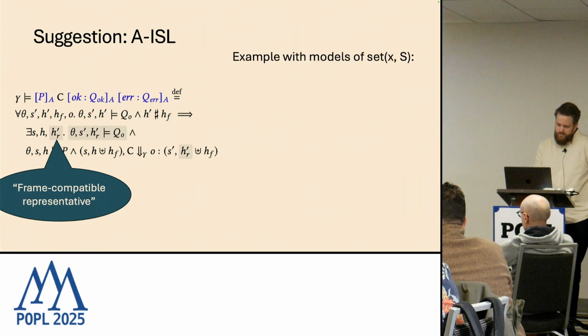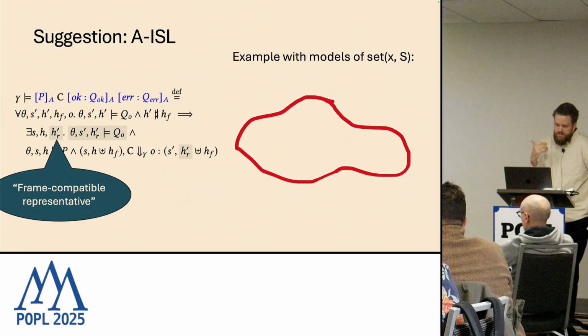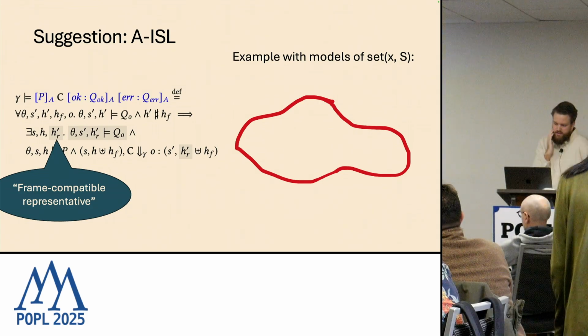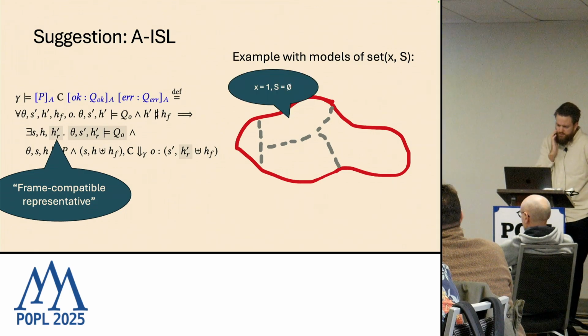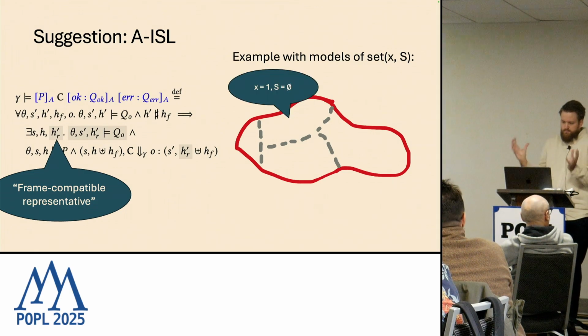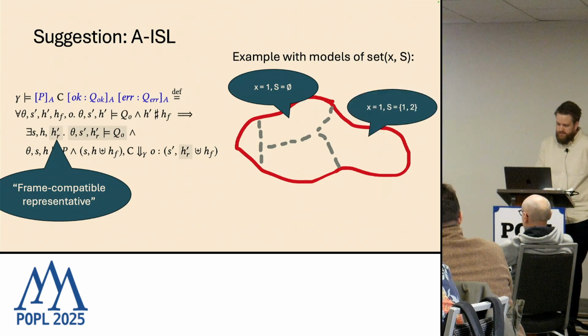And less formally, we can look at an example and see how this works out in practice. If we go back to our set example, the partitions would look something like this. This is the full state space, this full space of the post, or in this case, just the predicate. The partitions here would be, for example, all the sets that start at others 1 and containing nothing, all the sets